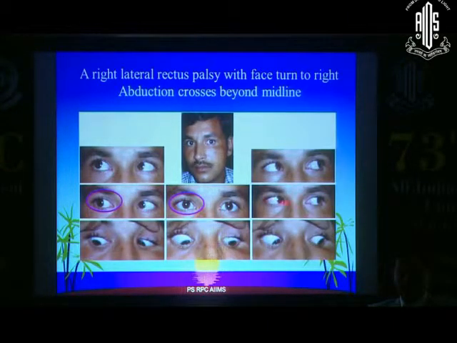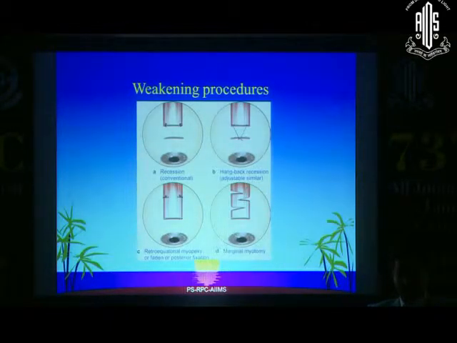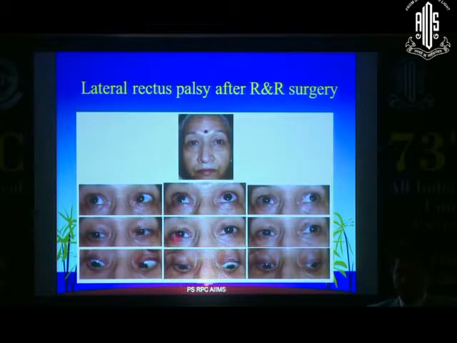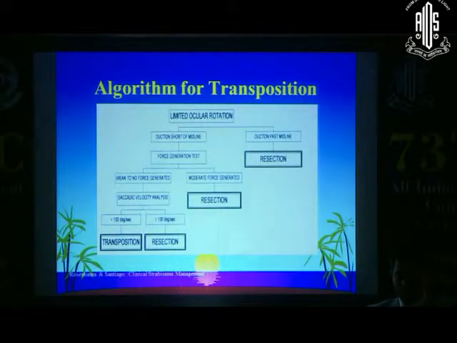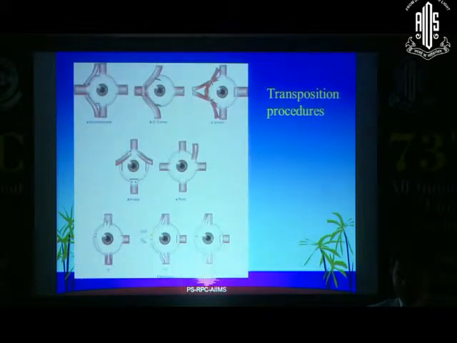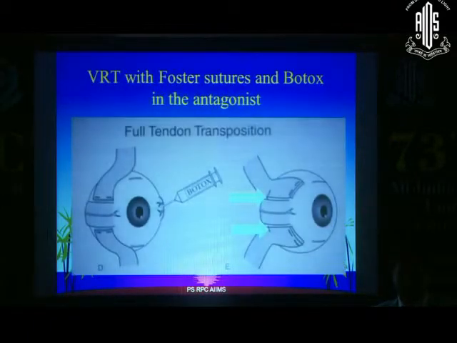Now this individual has a movement past the midline, so such cases will be amenable to a resection. And after the R&R surgery is another lady who had a beautiful result after the R&R procedure. So we do the transposition procedures when the eye doesn't move beyond the midline, and there are various ones which have been described. The most useful by us is the Hummelsheim procedure, or a modification of that.